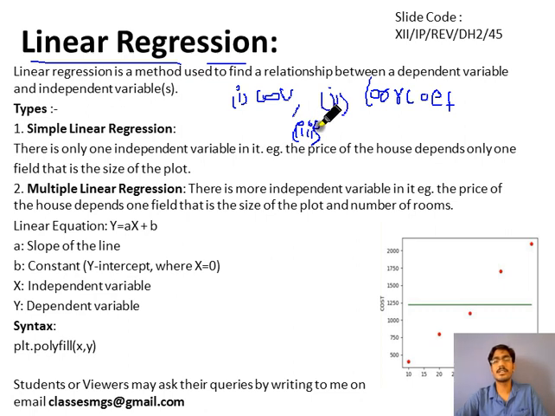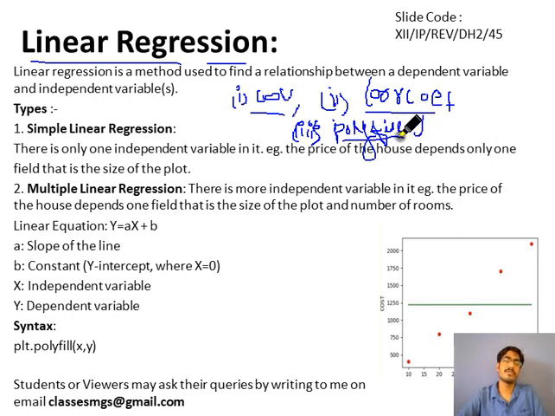Directly they will give the three statements. What is the NumPy function for calculating covariance? Second, what is the NumPy method for calculating correlation? And what is the NumPy method to find the linear regression? These three questions may be asked in a single question. Then you should know these three functions, very important, because it may give you 3 marks very easily. So remember the names of these three functions.